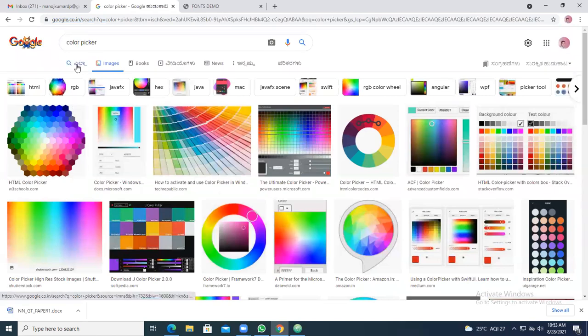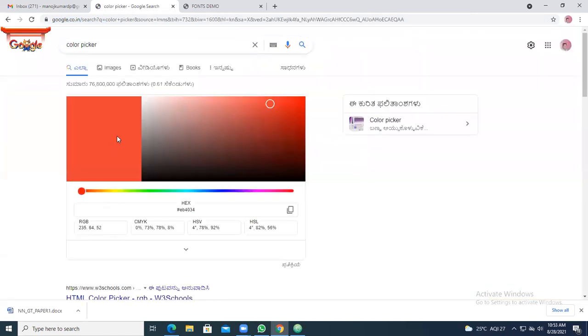The color picker will show like this. Scroll, you can have anything else, but because you are having a dark background, you have to go with a light color. So I'll be giving this color. What is the hexadecimal value?